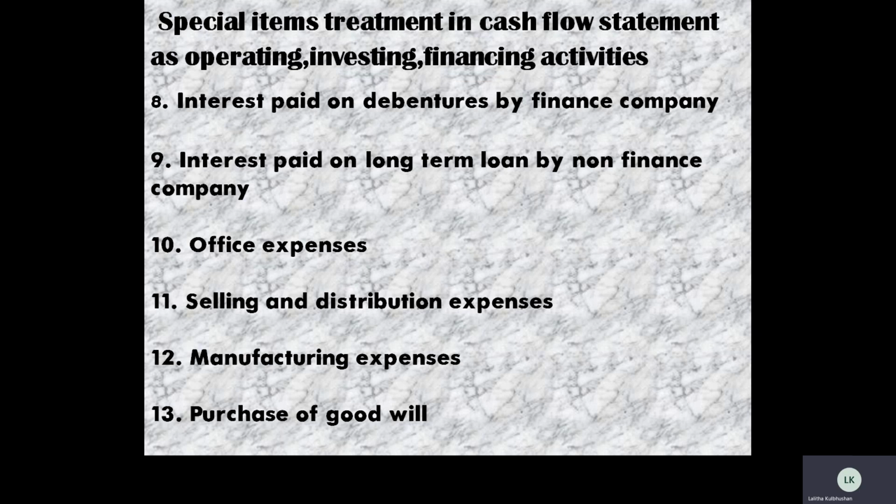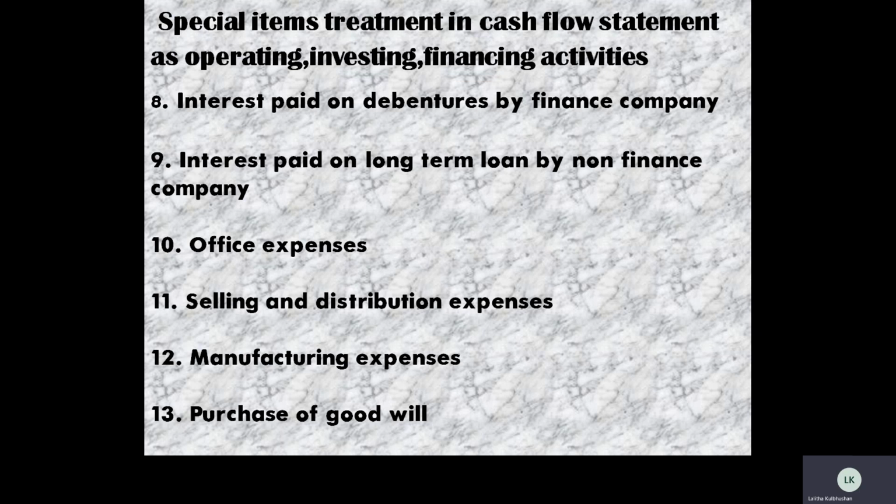Purchase of goodwill stands for the reverse situation. Your previous year's value is 20,000 and your current year's value is 25,000. So you can see there is an increase of 5,000 in the value of the goodwill compared to the previous year. Such a situation is referred to as a purchase of goodwill.